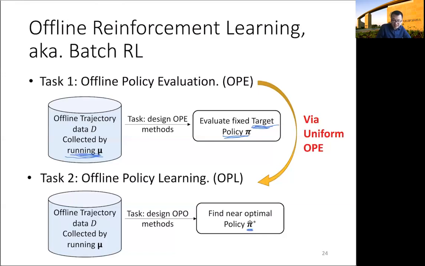Naively running an OPE method on this target policy with this offline data